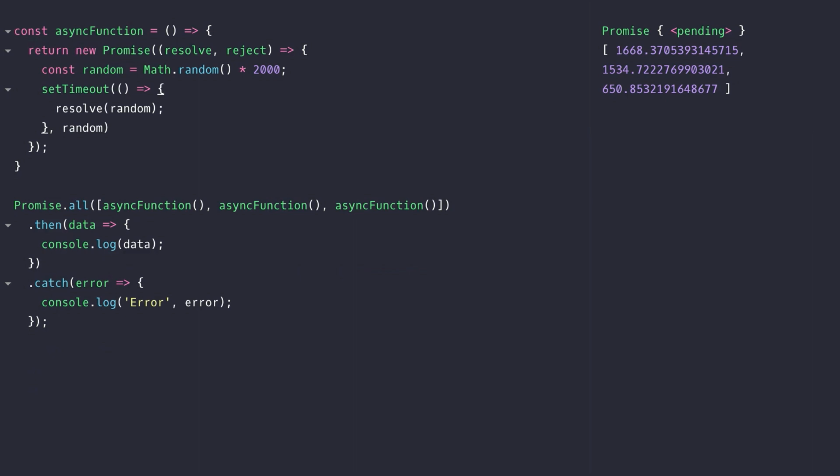So this might be useful if you're sending multiple network requests to different sources, and you want to send all of those requests at the same time, and access the result of those 3 functions in the then property of the promise.all function. Finally, there is also a promise.race function available,